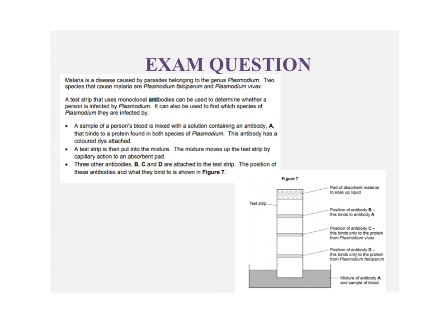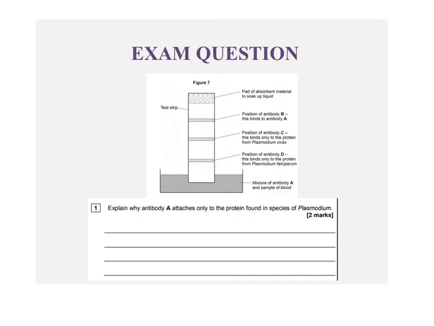A sample of a person's blood is mixed with a solution containing the antibody A that binds to a protein found in both species of Plasmodium. This antibody has a coloured dye attached. A test strip is then put into the mixture, and the mixture moves up the test strip by capillary action to an absorbent pad. 3 other antibodies, B, C and D, are attached to the test strip, and the position of these antibodies and what they bind to is shown in figure 7. Okay, so we're using this picture, we're using the diagram,